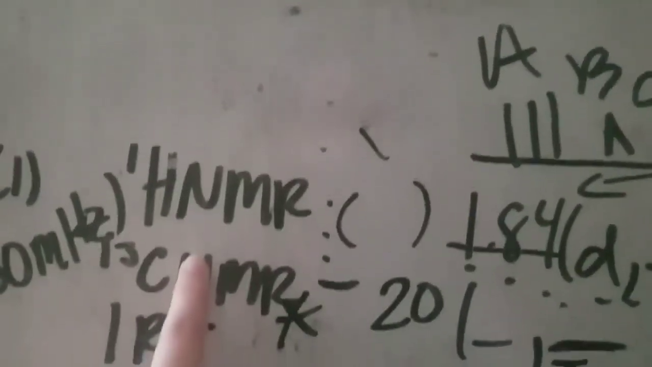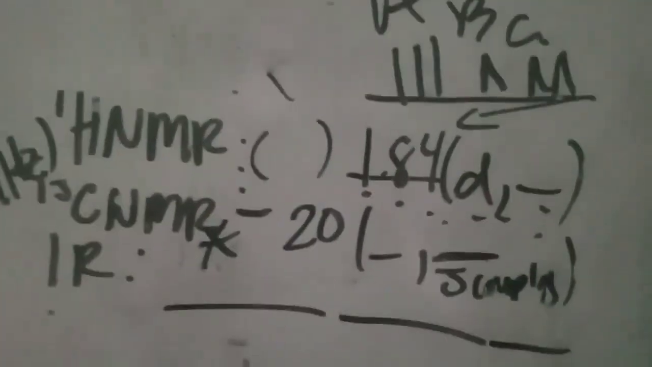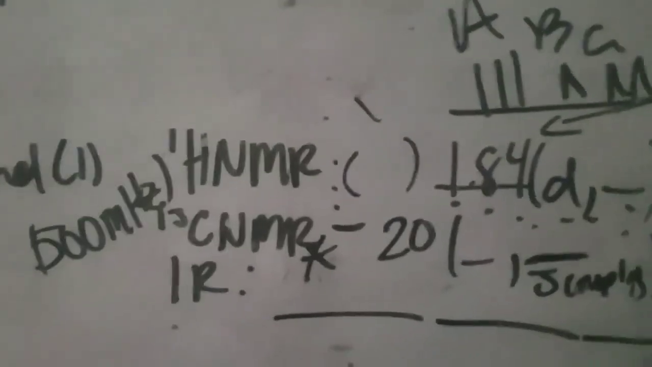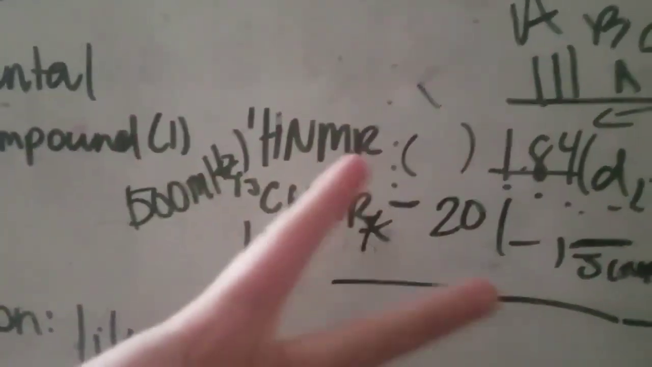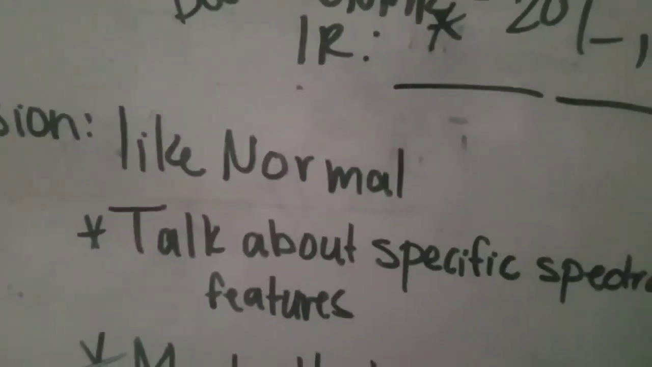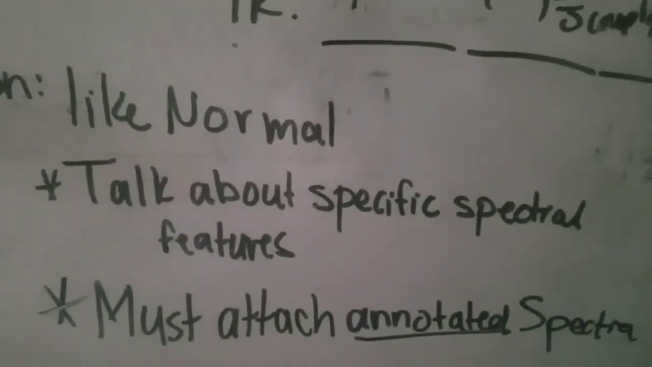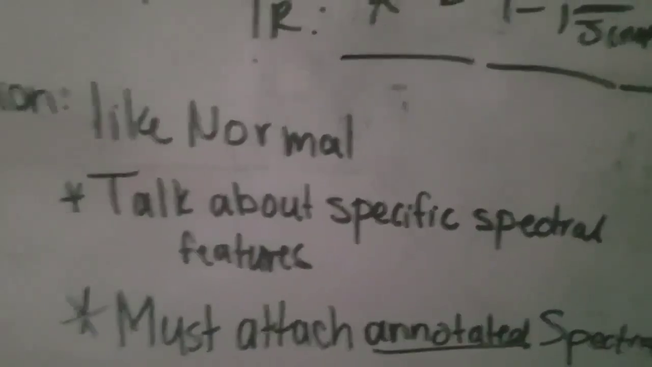So I'm going to have proton NMR, carbon, and IR, and they're going to be listed out, and that is all I'm doing for experimental. I'm doing it 3 times because I have 3 compounds. And then conclusions should be like normal, but you need to talk about why or what do you know about